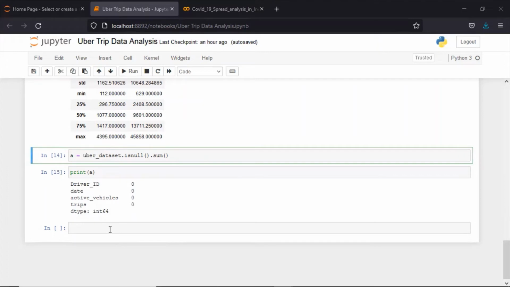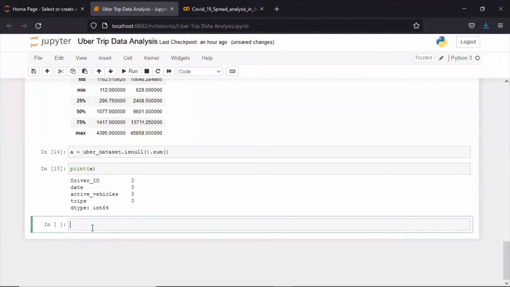Now we're going to do some further steps. So let's see that. Now we're going to do the data visualization, which means we're going to do the analysis of Uber trip data in the form of visualization.